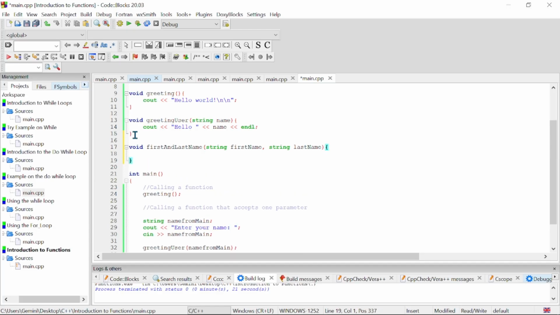And this time around we are saying cout and then hello. We can do first name, then we can give some space and print out last name, and we are going to end with an end line. All right,